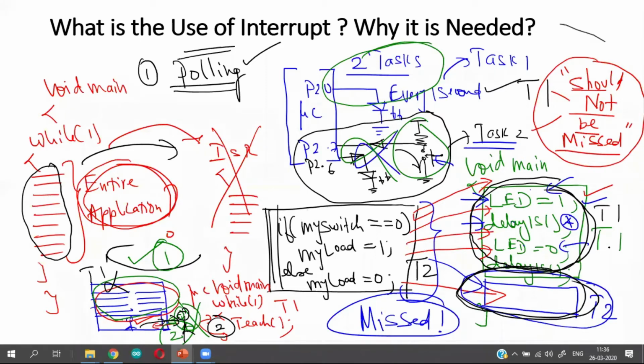One disadvantage is I am obviously wasting the time of my task 1 at periodic intervals of time. Every cycle I am wasting my time here. Number 2, I am not very sure of this particular condition. Sometimes this condition may be true. If it is true, I will do this. If this is not happening, then obviously I am wasting my time here instead of doing my background task or task 1. That is the disadvantage of polling.